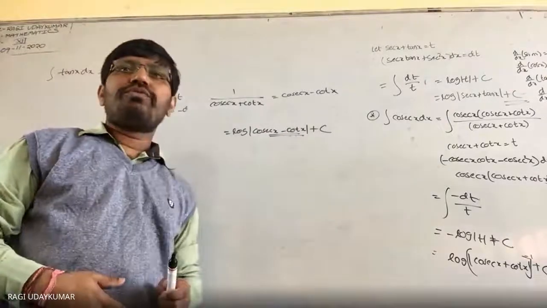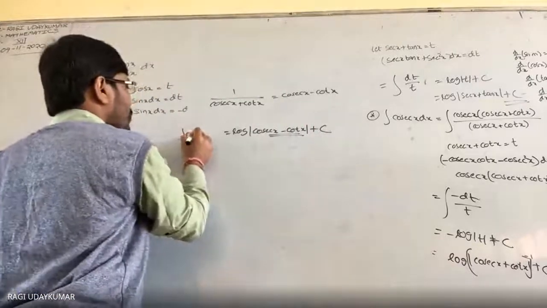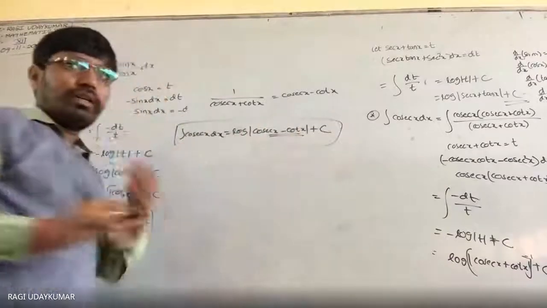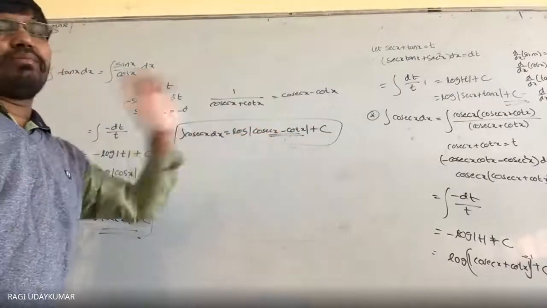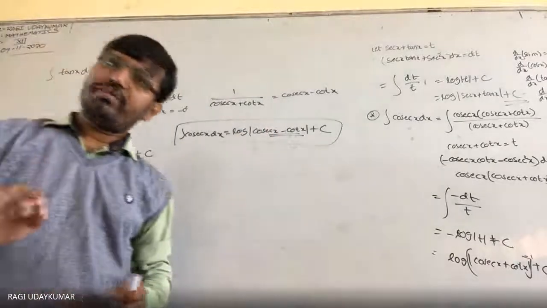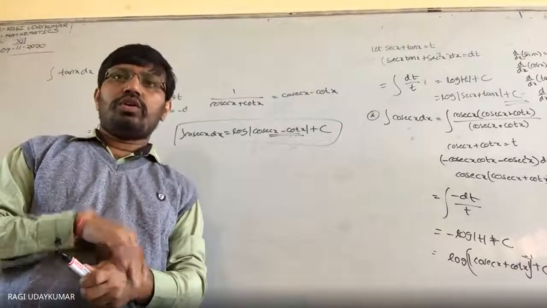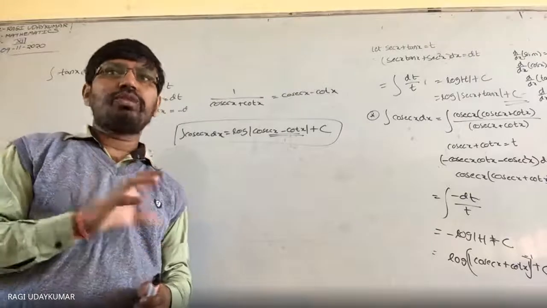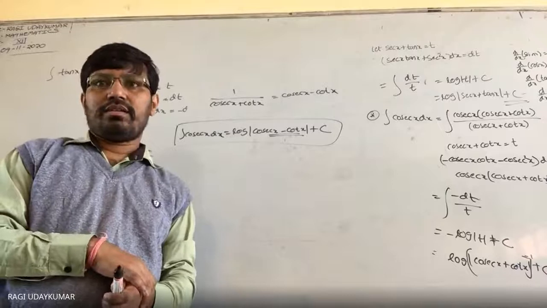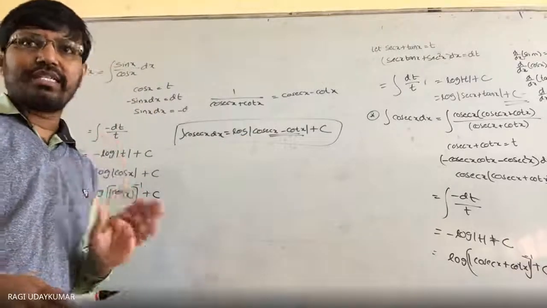And while doing the proof of this one, if I ask you to prove that integration of cosec x dx is equal to this, then most of the students will multiply and divide by cosec x minus cot x in the numerator and denominator. Most of the students will do that. So you need to analyze a little. If you do that with the minus, what are you going to get? In the final answer you get cosec x minus cot x. Did you understand this part?